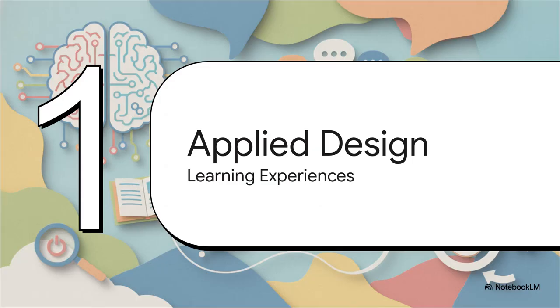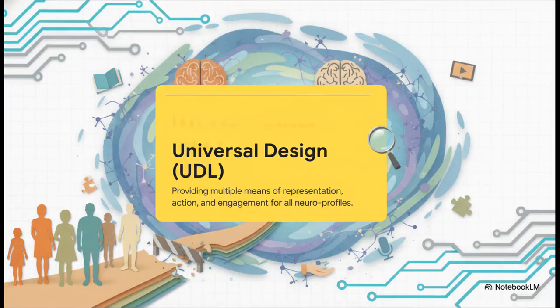Moving on to Module 2, Applied Neurodidactics, Designing Learning Experiences. Here we look at Universal Design for Learning, or UDL. UDL is all about providing multiple means of representation, action, and engagement. Simply put, it means proactively designing your classes to remove barriers without lowering your academic standards one bit. Whether a student has dyslexia, ADHD, or experiences really high anxiety, the cognitive pathways to the language remain open and